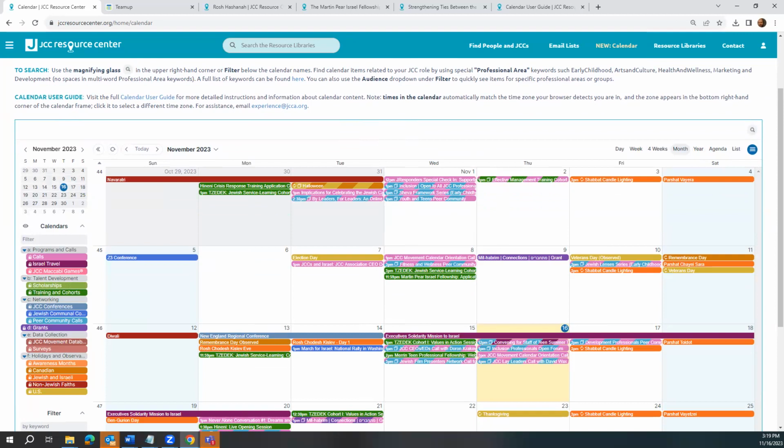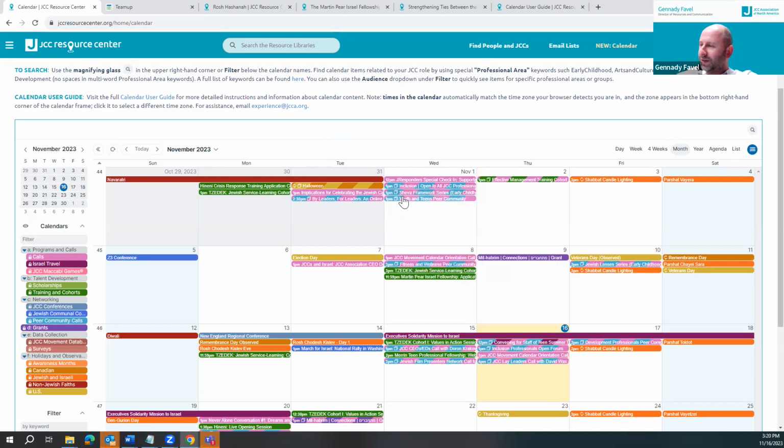Not for me. This was very informative, and because I wasn't sure exactly how the whole thing was set up, I'm like, this is intriguing. I thought I wanted to go and see what the training was about. The only question that I had was, why did some of them have two colors? And then I realized that when you clicked on the one, it's actually in two different calendars. Is that correct? Yeah, that's a great question.